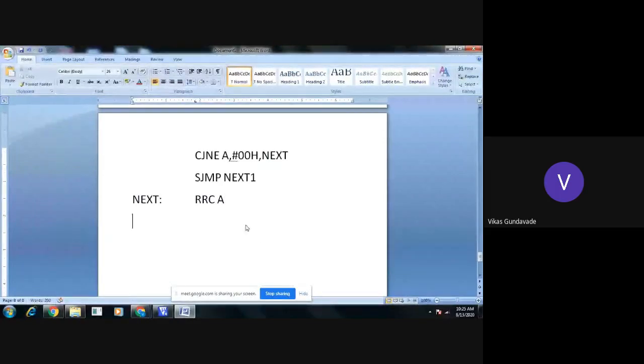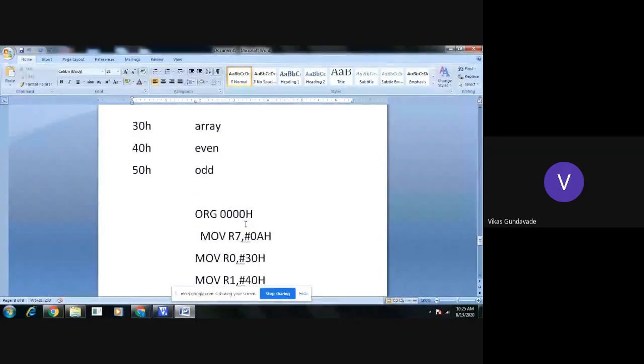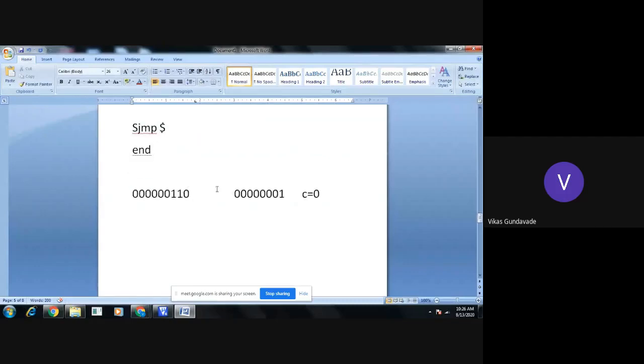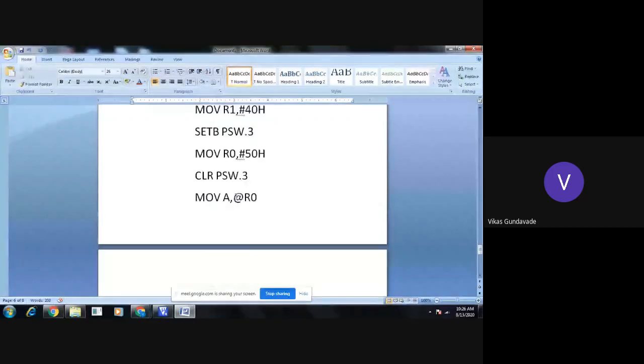Now in this condition, just like the previous one, suppose the carry is generated, then what does it mean? That the LSB bit is shifted to the carry bit, and the carry bit is shifted to the 0. So if the contents are 0 0 0 0 0 0 1 0, it becomes 0 0 0 0 0 0 0 1, and the LSB bit is shifted to the carry. Okay, and if it is 1, that will get shifted to the carry. So by checking the carry status here, we can identify whether the number is an even number or an odd number.